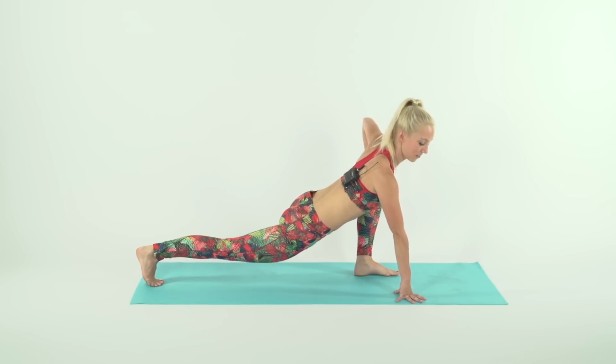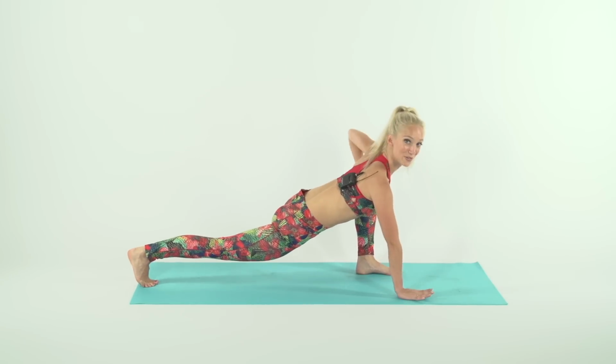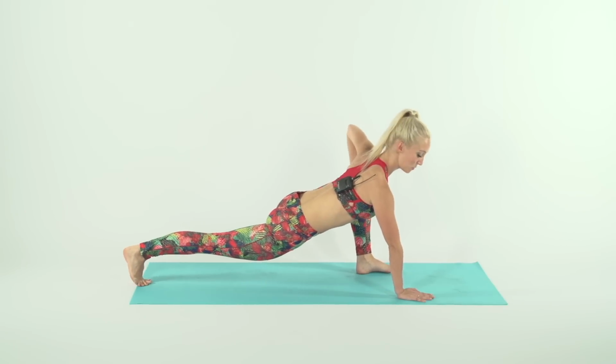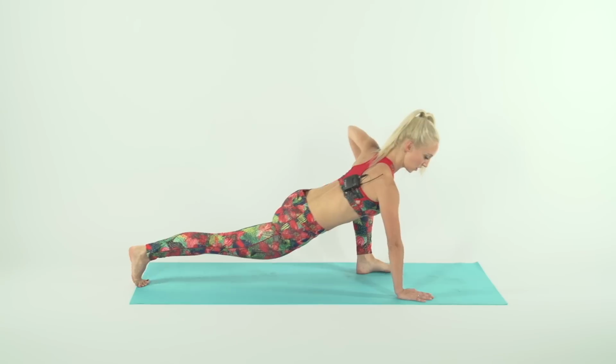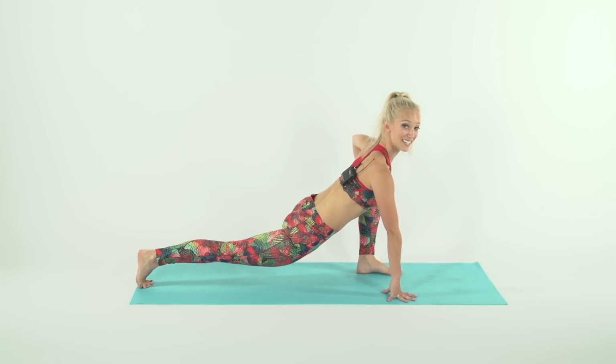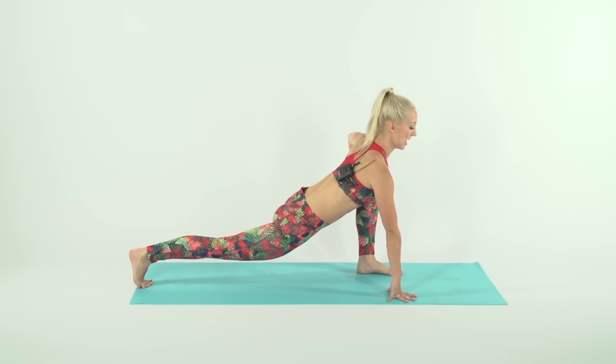We're going to do that whole thing on the other side, starting with the lunge. We're going to rock 4 times. 1. Great, and 2. Keep those bellies engaged. 4, last one, hold it here. Press that hip down to the ground. Hands on your knee,